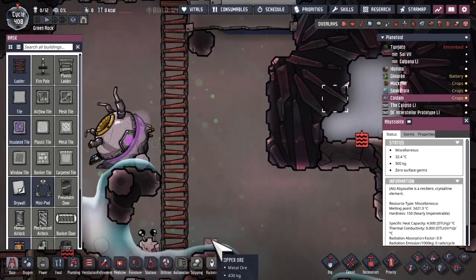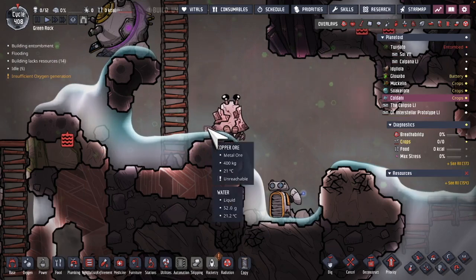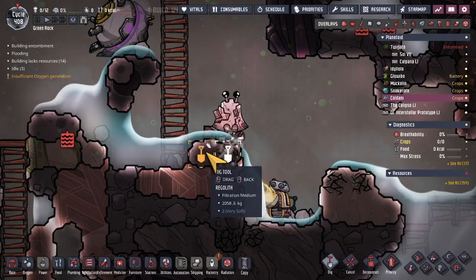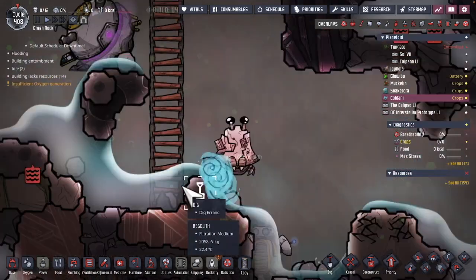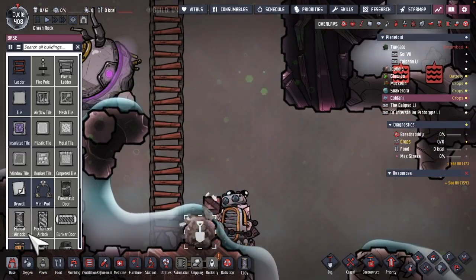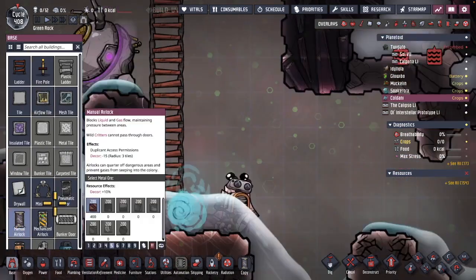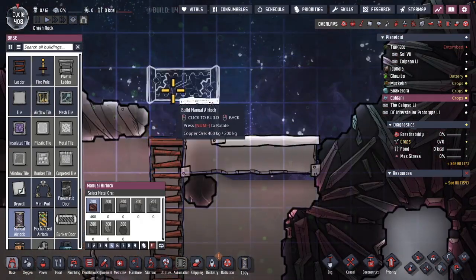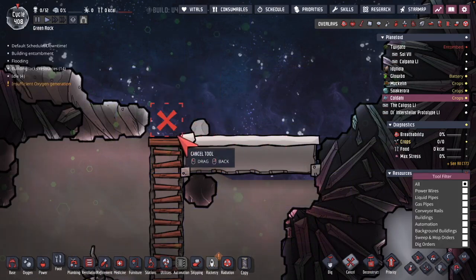So I was hoping to build a door here. How much copper? Oh, you can't get access to this because you need some ability to jump up here. Okay, I was going to say, I thought I'm able to build an airlock, manual one. So let's install this. Actually, hold on now. Let's install this one down because